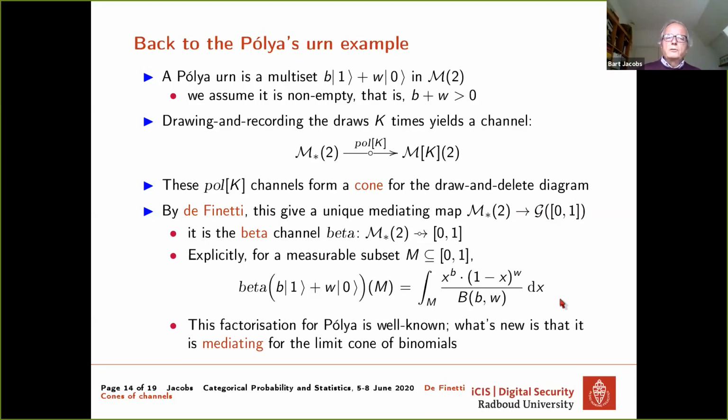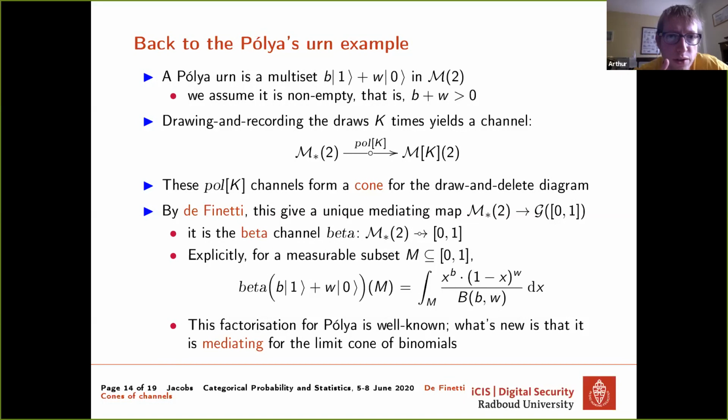Now this factorization of Polya in terms of this beta channel is well known. What is new is our observation that it arises as a mediating map for a limit for such a cone.